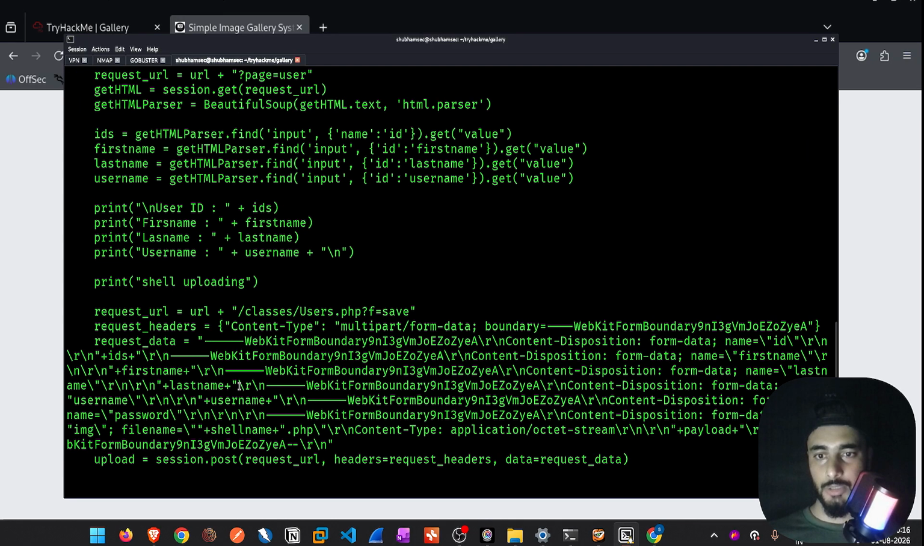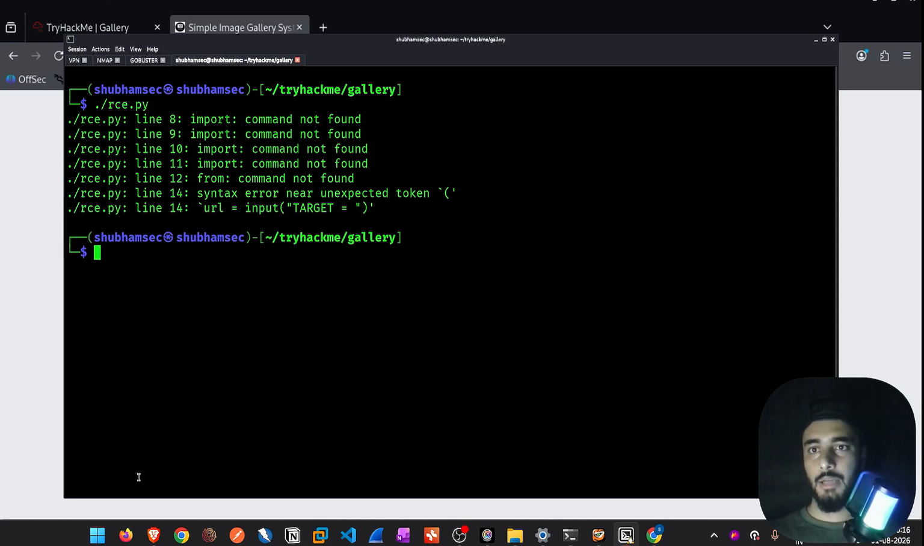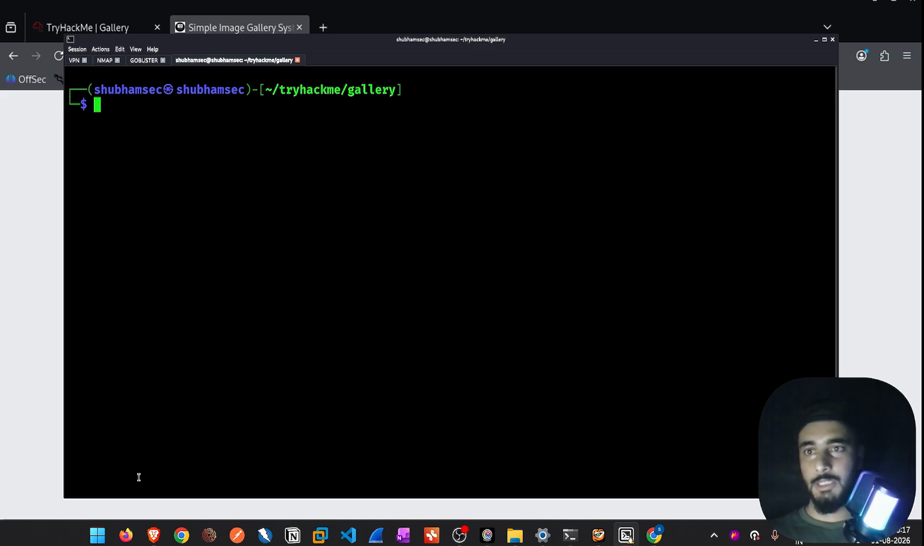Okay, so let's clear the screen and run that program, and it will say import command not found. Okay, do we have Python? We have Python. Of course, this is not done this way because this is not a sh file, this is a Python file, so we should use python3 before it, and then rce.py, and it will ask us for the target, and that is